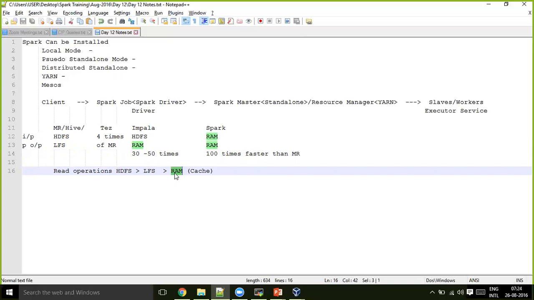And obviously, if something runs faster and gives quicker results, everyone will go for it. Impala is not open source, even though it gives 30 to 50 times faster speed. It comes only with Cloudera. You can't run it on all flavors of Hadoop distributions.